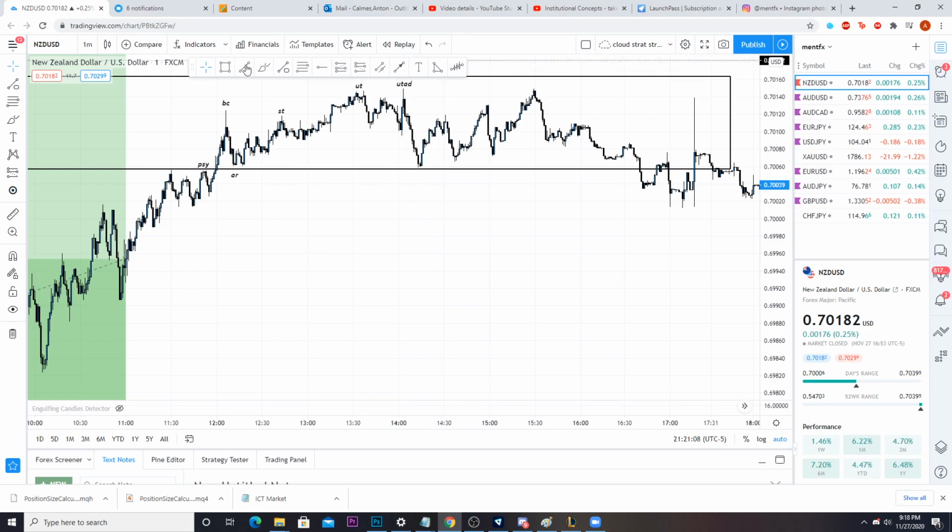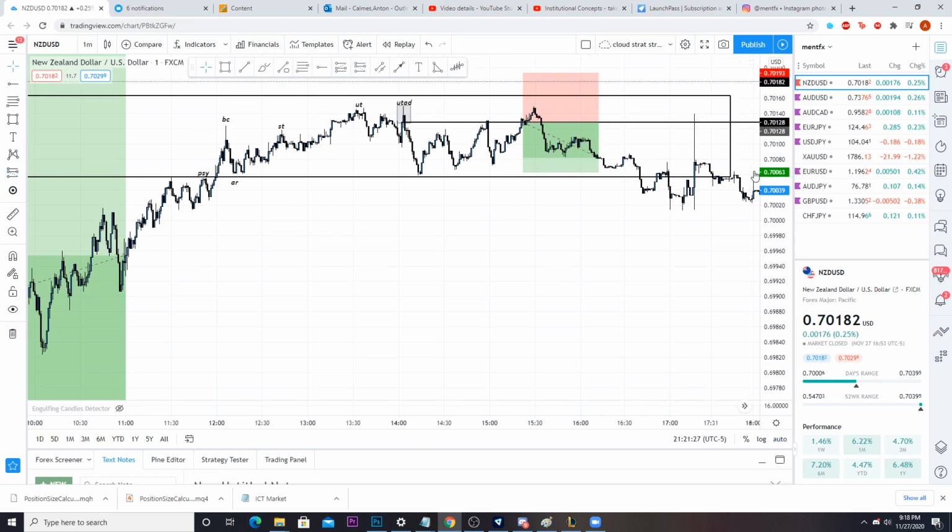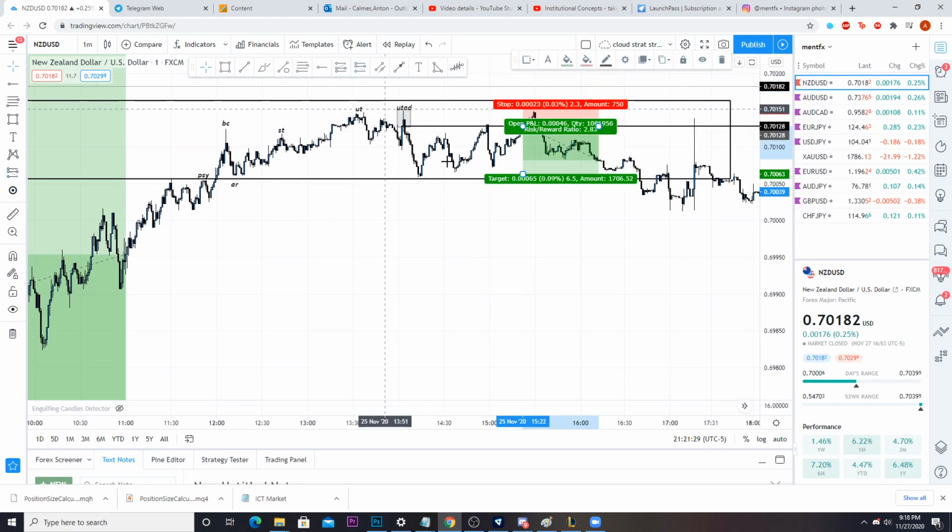So that UTAD does what? It just creates an order block. In reality, the simplest explanation of this is an order block creation, right? With the same things that we've learned before. Price starts to break down, showing you that it wants to go lower, right? Price comes back up, and now what can you do with this area? You can be a seller, right? So if you sold at this order block, then there you go. Maybe you had it like that, right?